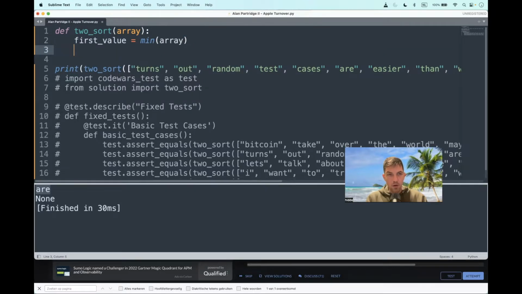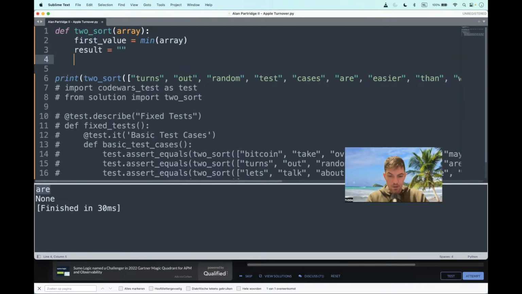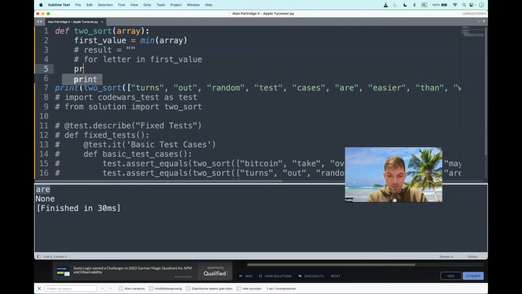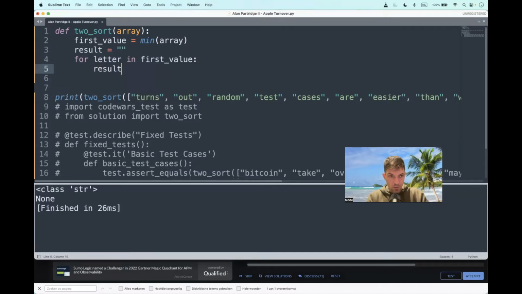What I propose to do now is kind of a naive method, but to start with an empty string, let's call it result. Result is an empty string. And to loop through the letters, so for letter in first value. To circumvent any ambiguity, when I print out the type of the first value, we get a string type. It's just the word R. Let's uncomment this. So we are looping through a string, colon, and what we have to do is to concatenate